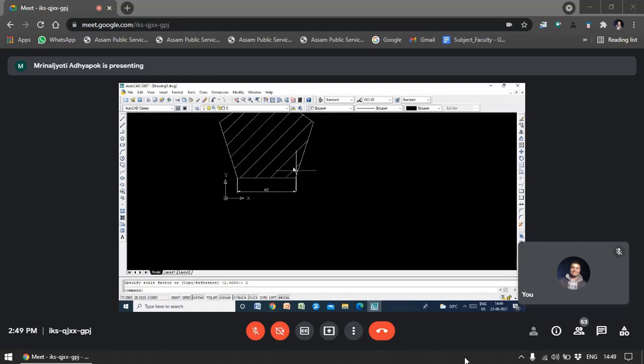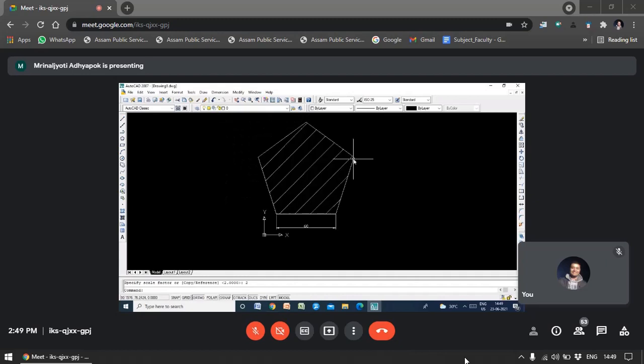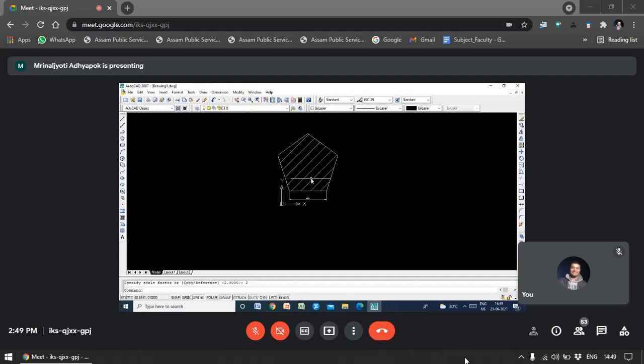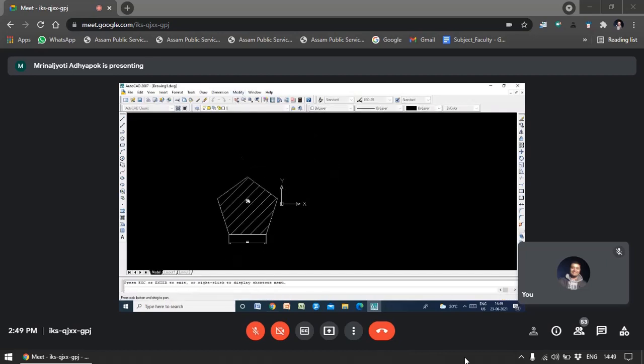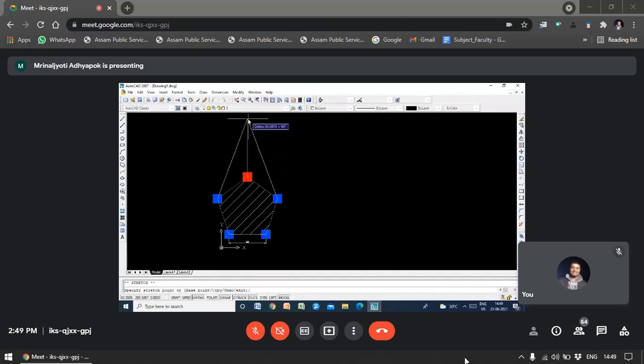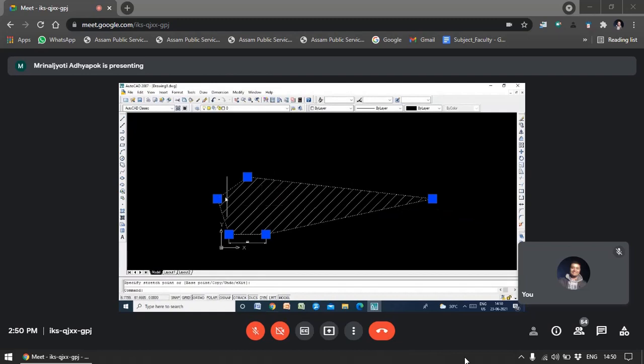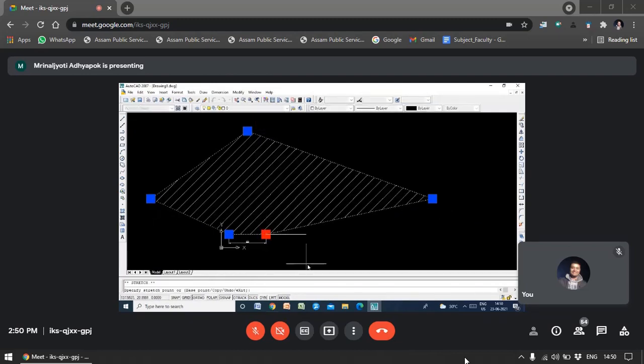Or suppose now, if you want to stretch this, okay. For simply stretching this, you can use 2 commands. Suppose first select this, you can stretch like this, okay. Select this, select the end point, like this, you can stretch anywhere. Suppose you have to stretch it, you can stretch anywhere, okay, like this.